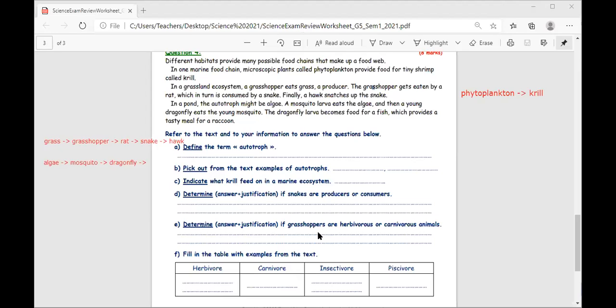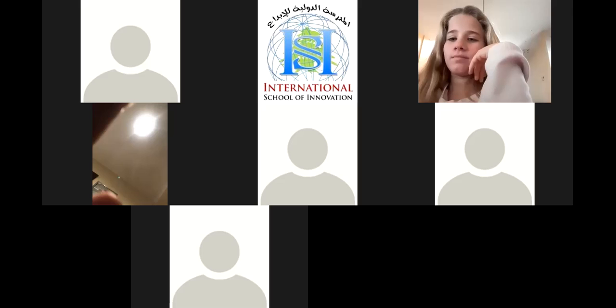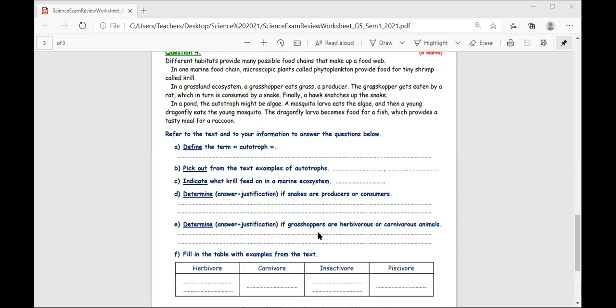So I'll send you this in the chat and you will be using them to answer the questions. Again, the phytoplankton, which are very small plants, are eaten by who? By the krill. Phytoplankton is eaten by the krill. This is in water. In a grassland ecosystem, the grass is